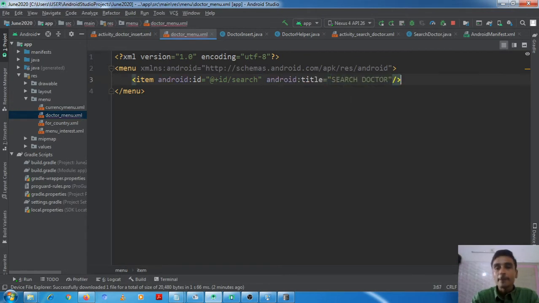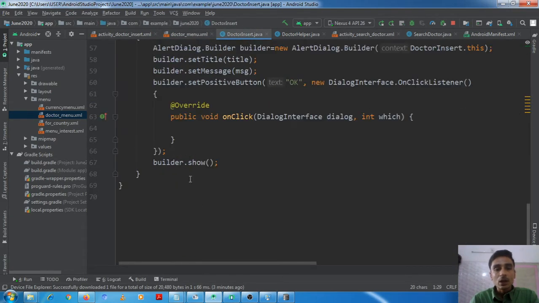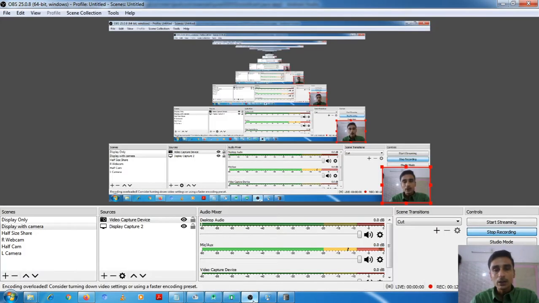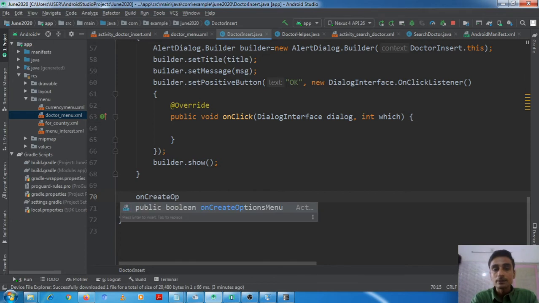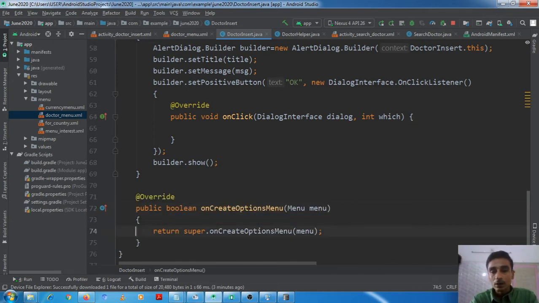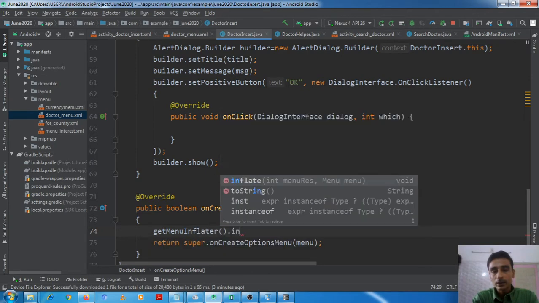Okay, now in my activity doctor insert, I want to inflate this options menu, so I will override the method onCreateOptionsMenu. Here I will get the menu inflater, call this first, and then dot inflate.